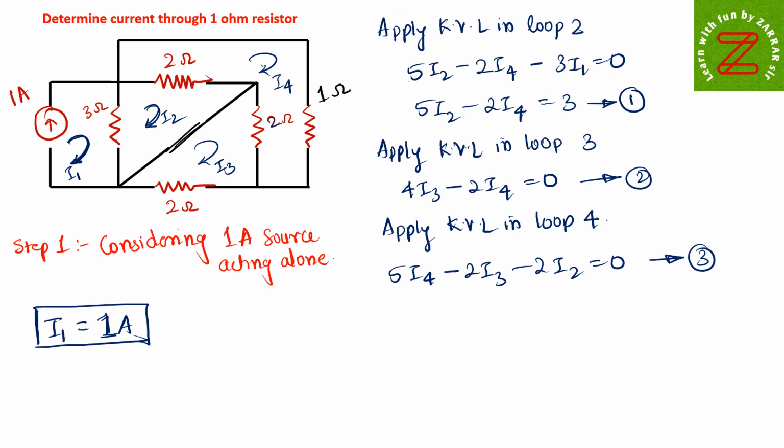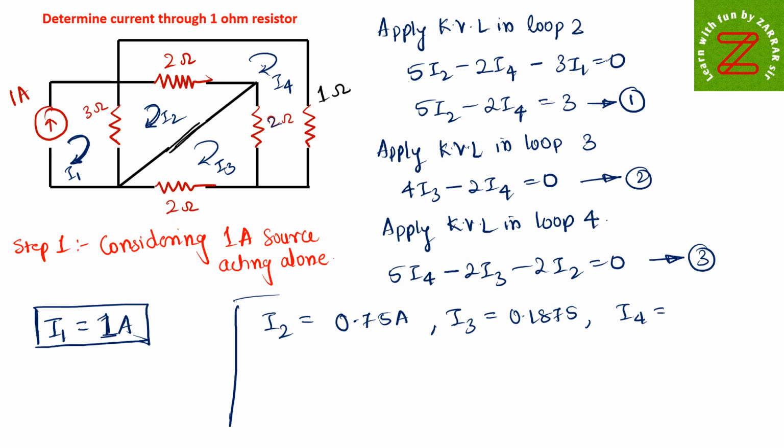As you can see, 3 equations have 3 unknowns, I2, I3 and I4. And if you solve this in a calculator, you will get the value of I2 as 0.75 ampere, I3 equal to 0.1875, and I4 you will get as 0.375